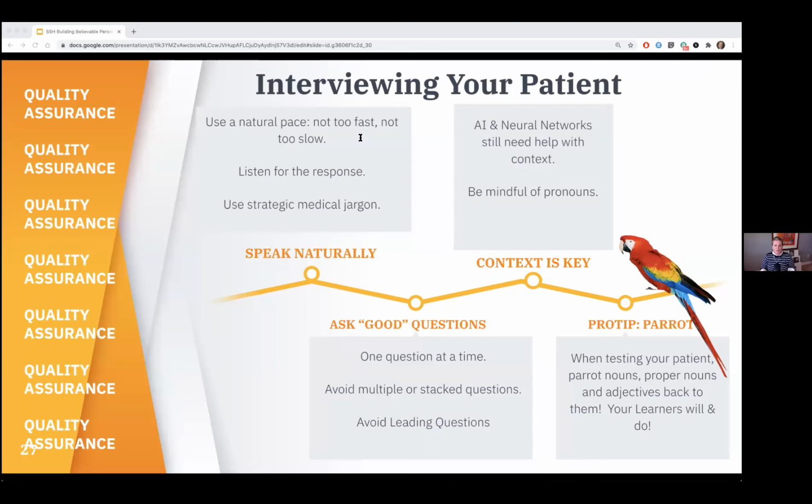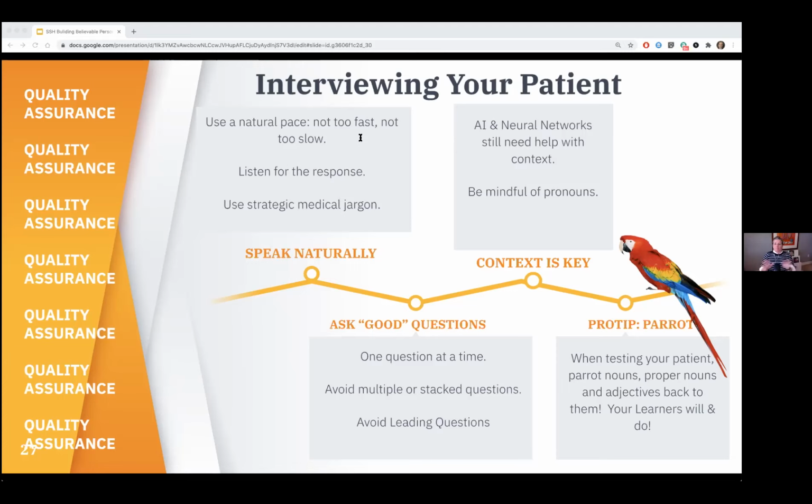So a better question might be, and we talk to learners about this as well prior to their first digital patient encounter on PCS, we say a better question might be, how often do you take Tylenol? Or maybe a better first question, are you taking any over-the-counter medications? Yes, I take Tylenol sometimes when I have a headache. How often are you taking a Tylenol? So that's a more clear, direct way of speaking and could be beneficial to patients as well.